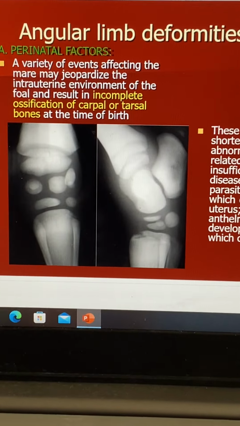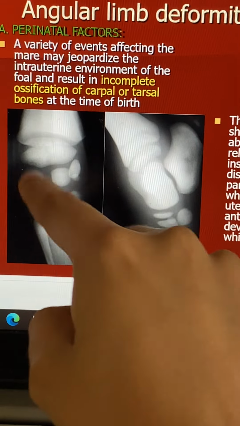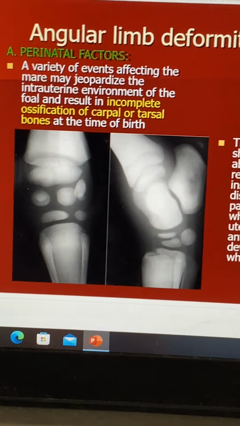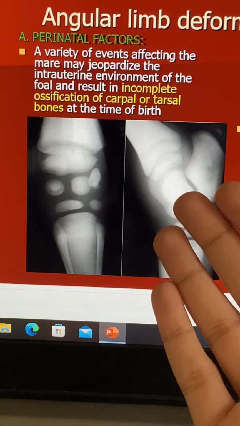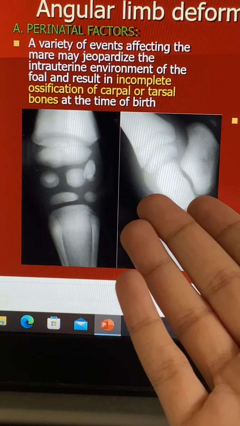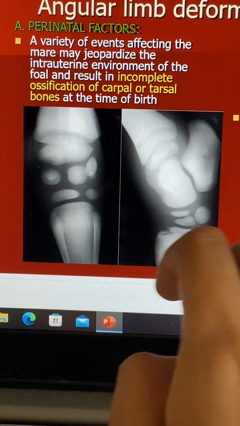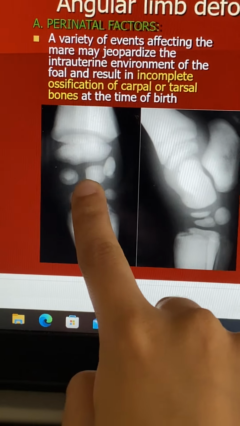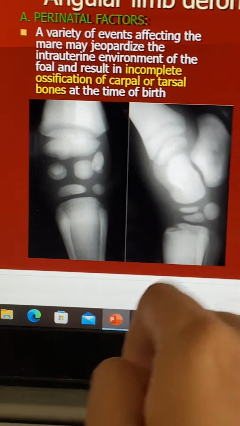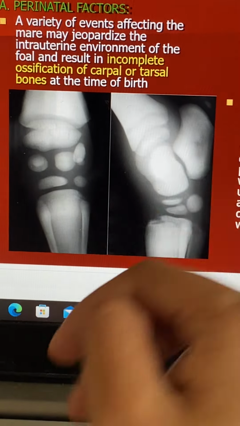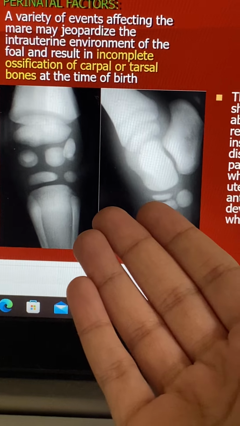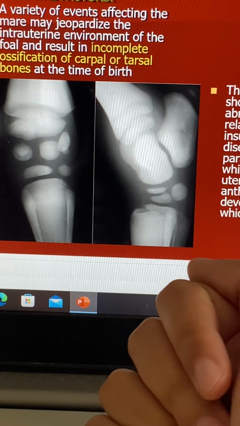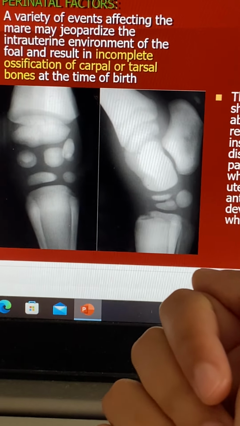So there are some perinatal factors. You can see they're not ossified properly in the carpal tarsal region. There are a variety of effects that can occur in the mare that can jeopardize the intrauterine environment of the foal, which leads to incomplete ossification of the carpal and tarsal bones at the time of birth, such as prematurity, like shortened gestation. If it's less than 320 days, that's what we call a premature foal. Abnormal uterine positioning,